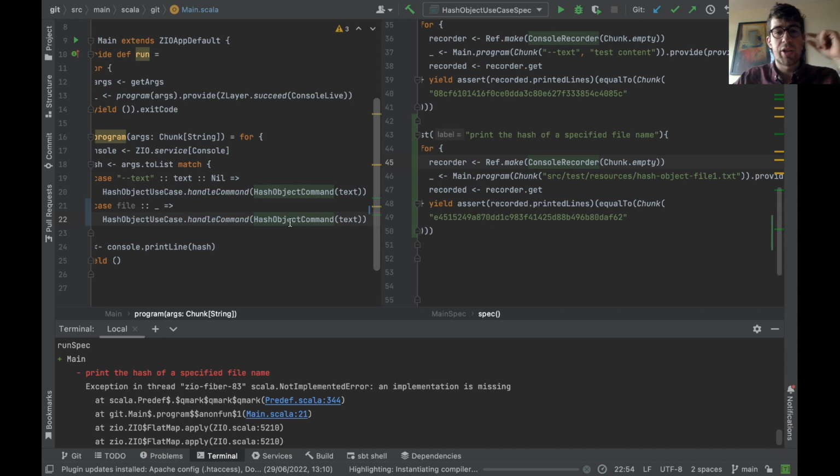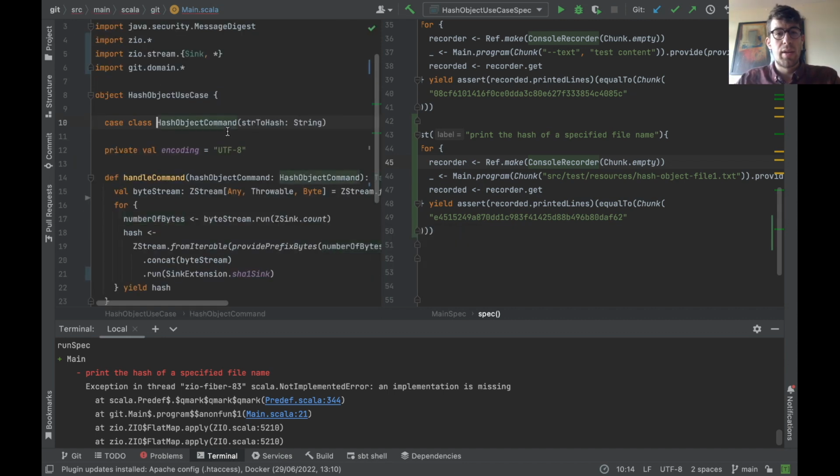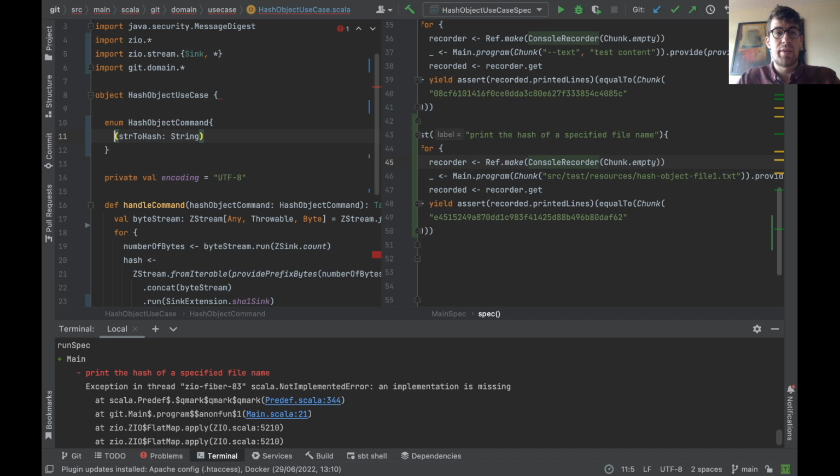But instead of hash object command, it's going to be something slightly different. So let's see. Let's open that. Here I'm going to do an enum instead of a case class, and we're going to have one command for hash string and hash text, and one command to hash files. So we have case hash